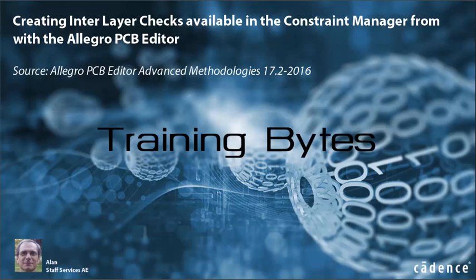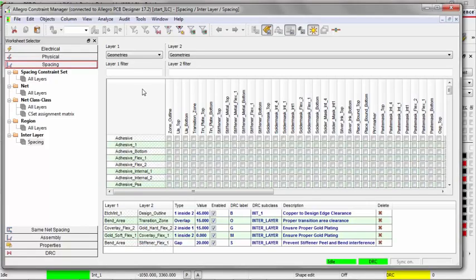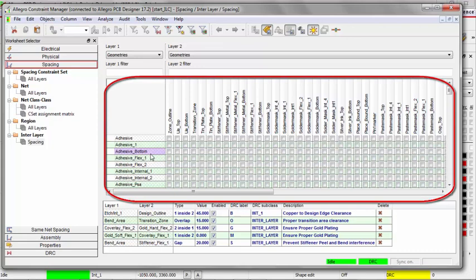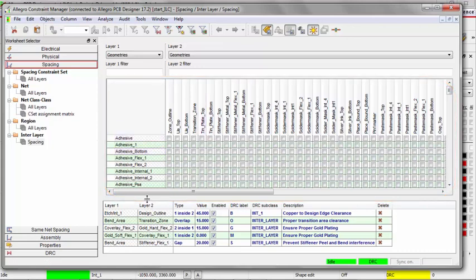This video will demonstrate the interlayer check capability available in the Constraint Manager. Demonstrated will be how to create interlayer checks. To create our interlayer rules, we'll have to select from the left side and the right side, and then define